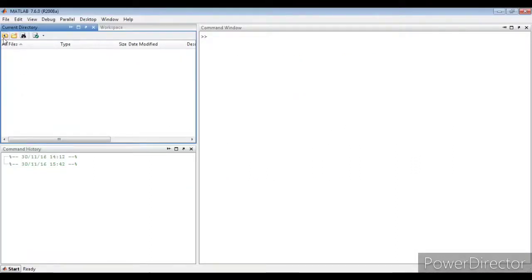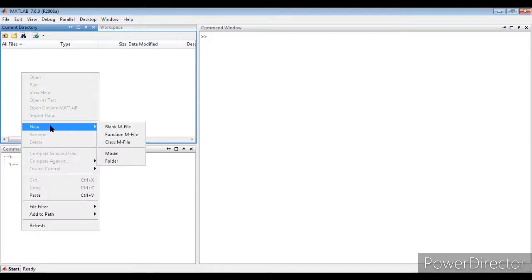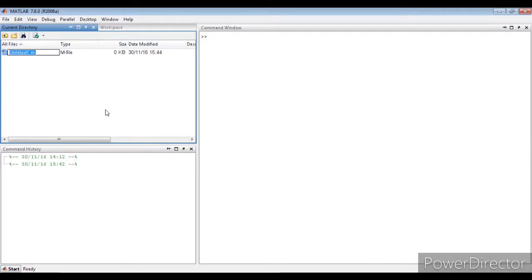In the current directory, we have to observe which folder we are in. Here we have a DSP lab. Click on this DSP lab. Whatever files we write, the programs will be available in the DSP lab. In this directory, first click on the file, right click, new blank window, M file. A MATLAB file opens with the .m extension.